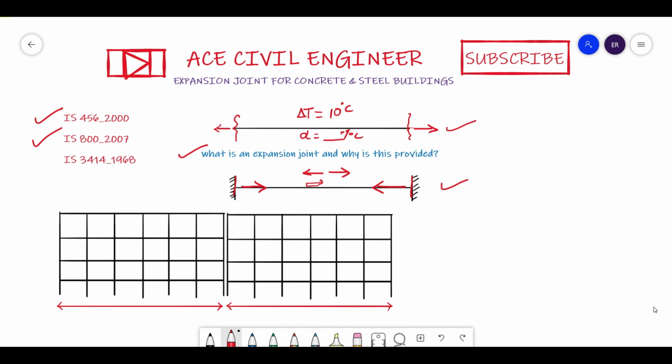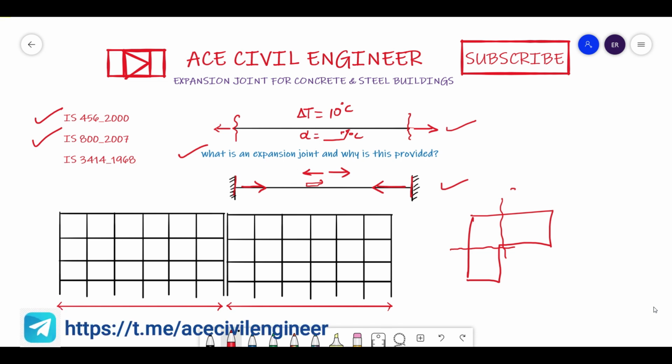It tells us that this expansion joint needs to be provided in various buildings where you see some irregular plan shapes. In such a case, where all of a sudden, consider this kind of plan shape, we have to provide some gaps here. These gaps could be called either seismic gaps or expansion gaps, but these two do not mean the same thing. Seismic gaps are different, and for that I have already made a separate video, and you can see the link in the description as well. So in this case also you need to provide some expansion gaps here to ensure that there is no stress concentration at this area.